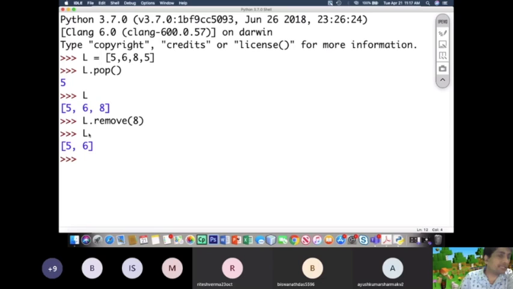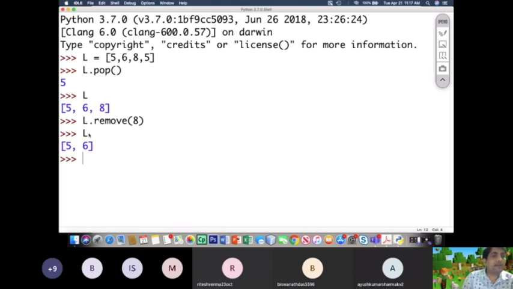Now the other thing that I wanted to explain is del. The del is a keyword in Python, which is used to delete elements from any sequence type object. Del is a statement which is used to remove any element from any sequence data object.